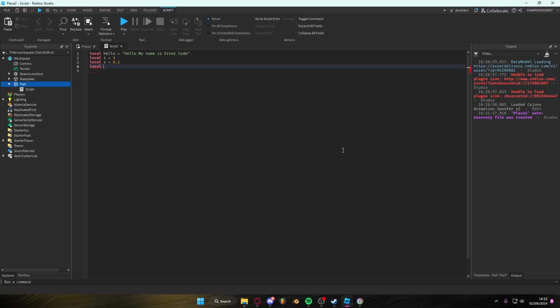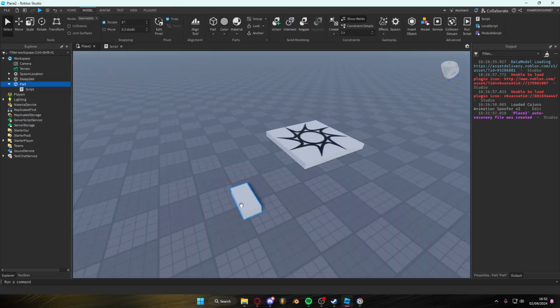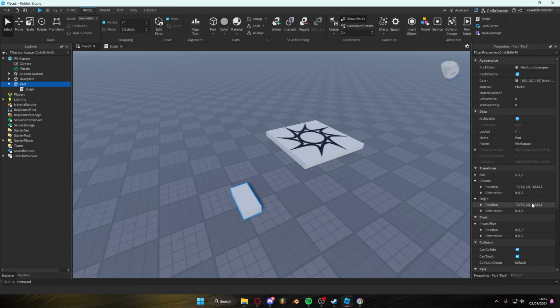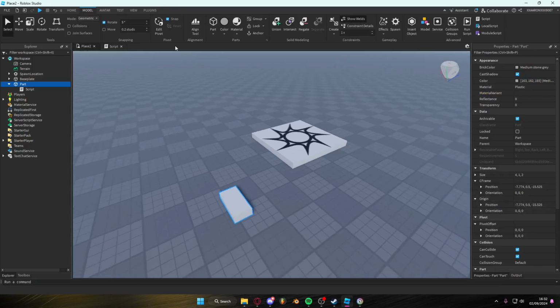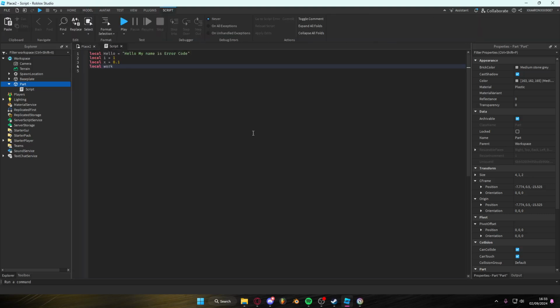Let's say we want, when we play the game, this part to be at -10 instead of this position, but we want it here initially. So we will do a part and try to reference it. So part